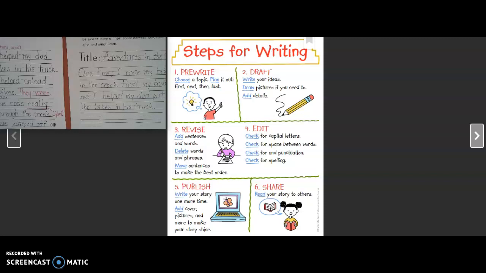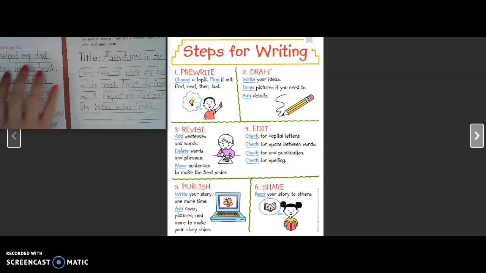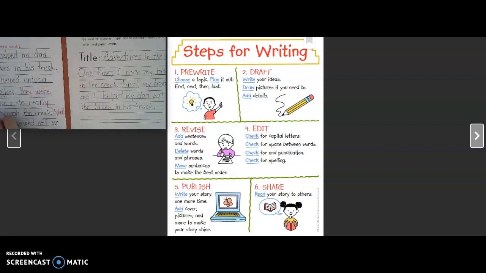So if you want to add a picture or a front cover to make your story more shiny and more published, you may do so. If you don't want to, that's okay too, because you've already drawn a lot of pictures to think and brainstorm, and you can just have your story like this. Your choice for this assignment. However, I do want you to finish writing your story. I want your parents to video you reading your story and send it to me. We're also going to be sharing on Google Meet so that your other classmates can hear your story as well.